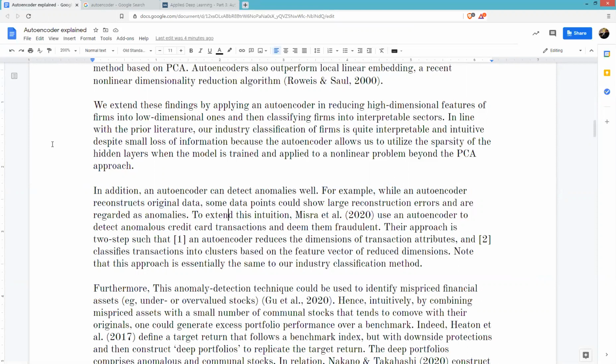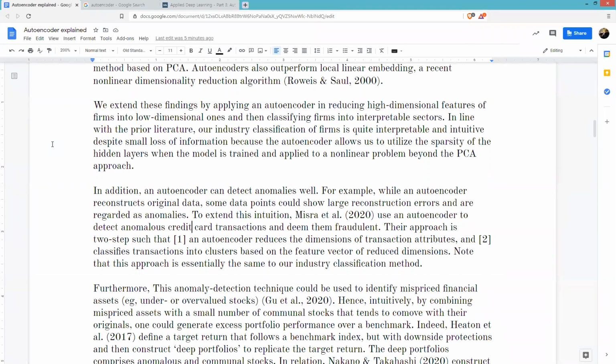are regarded as anomalies. Therefore, to extend this intuition, Misra et al. 2020 used an autoencoder to detect anomalous credit card transactions. Okay, so input credit card transactions and output reconstructed credit card transactions, and if they are very different, they regard that as anomalous and then deem them fraudulent. So using an autoencoder again, by comparing input credit card transactions and reconstructed credit card transactions, if they are vastly different,